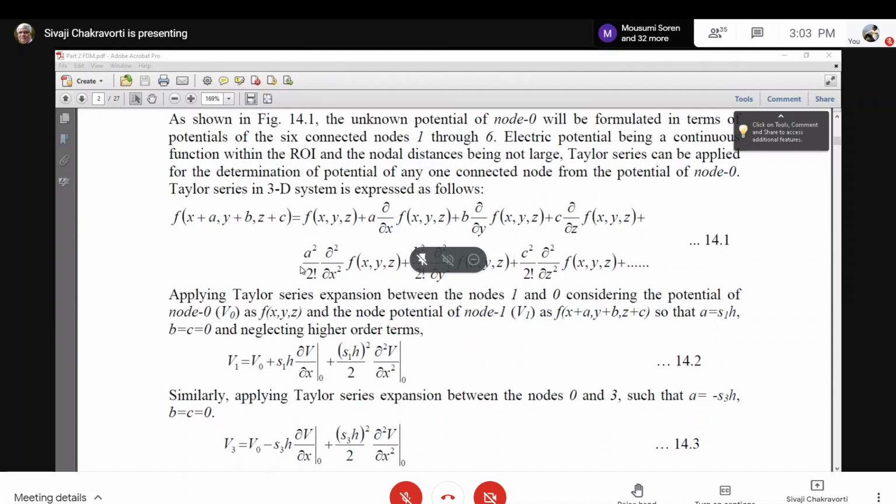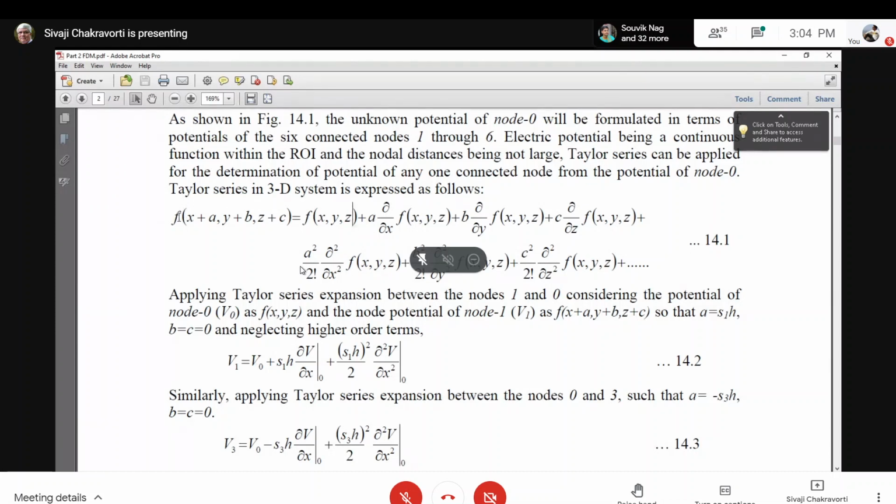If that is the case, then what is x plus a, y plus b, z plus c? A, B, C are constants. What does it mean? It's another point, isn't it? And the second point is displaced from the first point by a, b, and c in the x, y, and z direction. That's what it means. So therefore, f of x, y, z means some function at the point P, say any point P, which is defined by x, y, z.